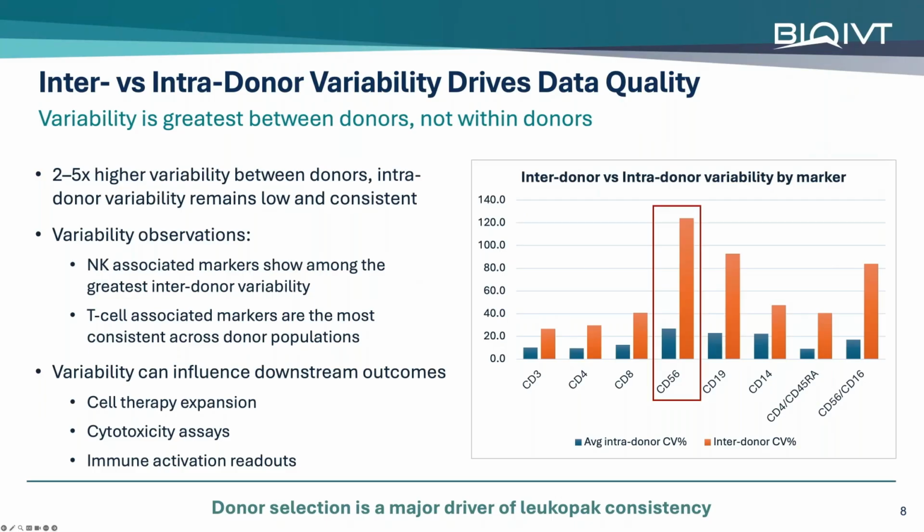The important point is that the donor itself is an experimental variable. If the behavior of the model depends on the abundance or state of a particular immune cell population, changing donors may create meaningful changes in the biological system. So when an assay behaves differently from one experiment to another, we shouldn't automatically assume that it's technical noise. Sometimes the biology is changed based on the input material. And if the biological variability matters for the context of use, donor selection and donor characterization need to become part of the experimental design.